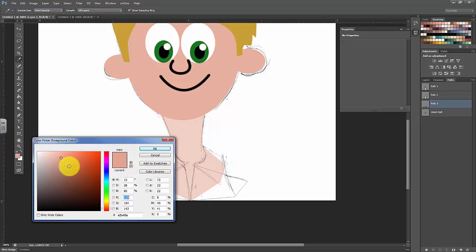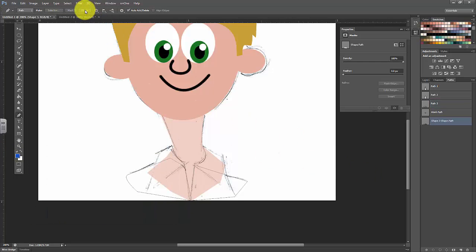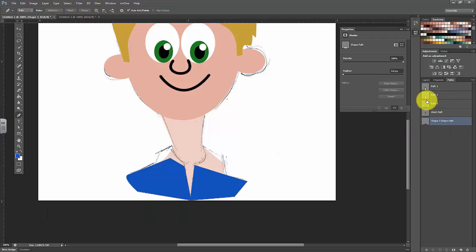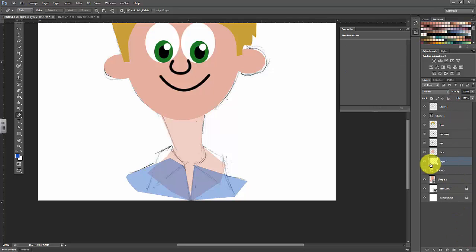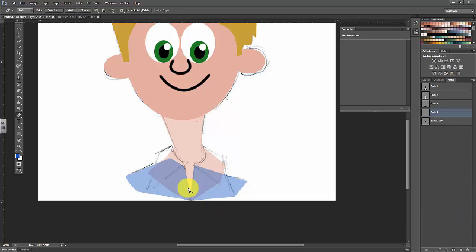And let's choose a color, and I'll do a blue, make it fill. And again, we're going to do that same kind of thing here. We're going to reduce the opacity so we can see through it, make a new layer, and then I'm going to again make a new path layer,